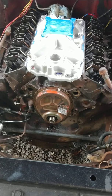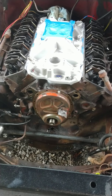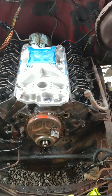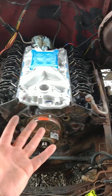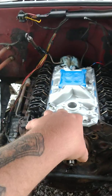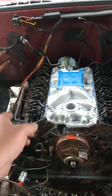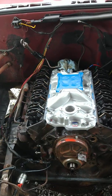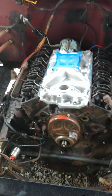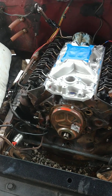But everybody thinks that the oil in the pan is just as soon as you start it up, that's what's lubricating the crank. The pan is to hold the oil. When the engine starts, pressure builds, brings the oil up through the motor, and it falls back down. Yeah, your crank is rolling down there in some stuff, but if it didn't fall back down all over the crank, this whole system wouldn't work. They've been building these motors for a long time, and whoever designed it, my hat's off to you, mister. But anyway,